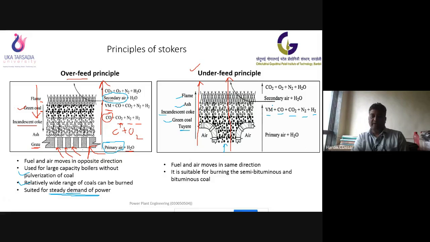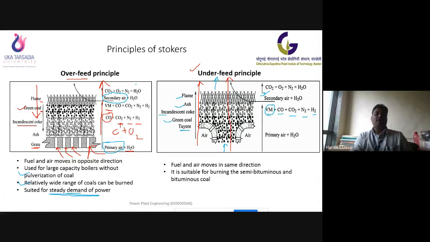So these volatile matters of the coal along with your carbon dioxide will have the exposure to the secondary air to complete the combustion process, and you will have a large amount of heat release. You will have this flame over here, and this heat can be supplied to the heat transfer area for the boiler shell, or you can say your superheater and economizer and preheater. So these flue gases will move in this direction for the further processes.